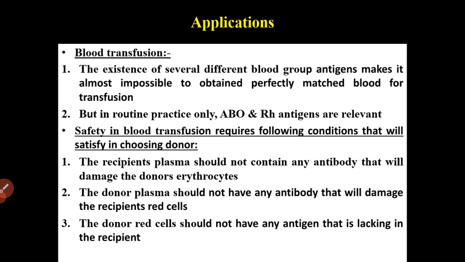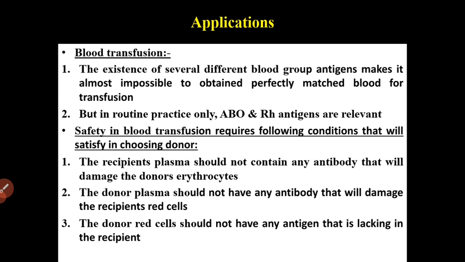Now, ideally speaking, the donor and recipient should belong to the same ABO group. It used to be held that O group cells could be transfused to recipients of any group as they possess neither the A nor the B antigen. So, O group was designated as the universal donor. Now, the anti-A and anti-B antibodies in the transfused O blood do not ordinarily cause any damage to the red cells of A or B group recipients because they are rendered ineffective by dilution in the recipient's plasma.